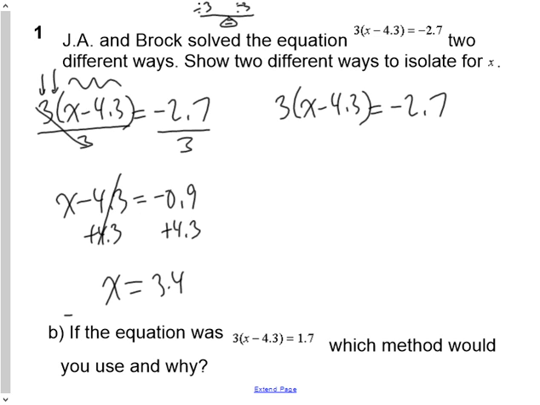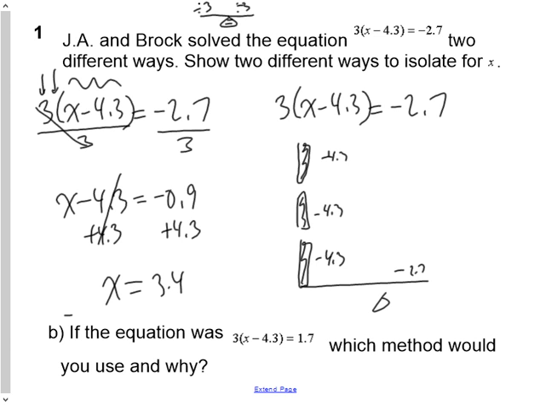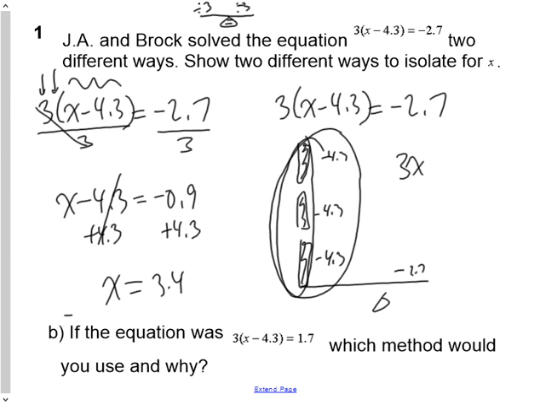The other way to do it is, if you think about the drawing again, and you have an x and a minus 4.3, and you have an x and a minus 4.3, and an x and a minus 4.3, and that's equal to negative 2.7. Really, if you analyze what this is, well, 3 x's minus 4.3 is really 3x, which is right here, and 3 times negative 4.3 is negative 12.9. So instead of